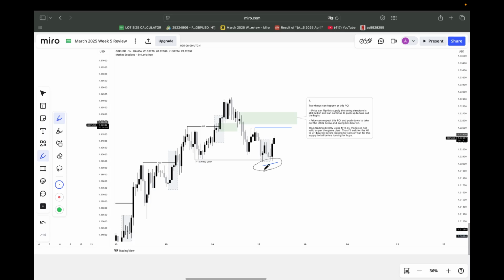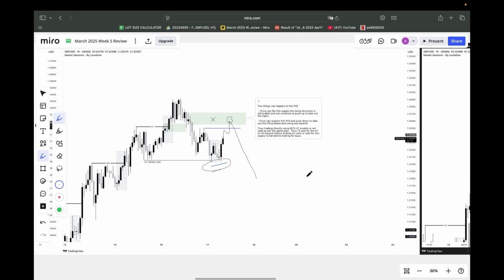So what I can expect is if the CHoCH bearish in the 4 hour is to hold, then this POI must hold, because it's got the peak inducement and it has flipped the supply, it has flipped the demand. And it has also got some resting liquidity below. So if the CHoCH bearish is to be true, then this is a good POI where I can look for M15 LC2As and then play the 4 hour CHoCH in fractal structure. But